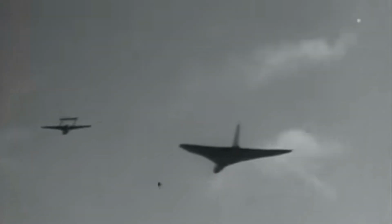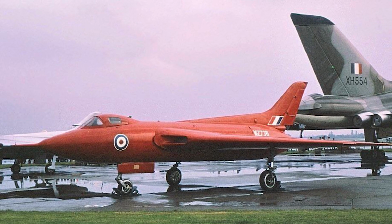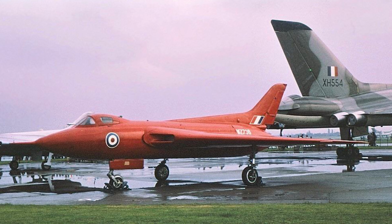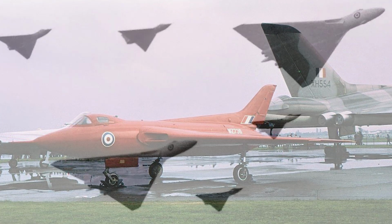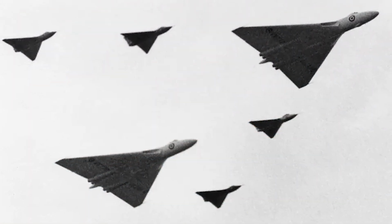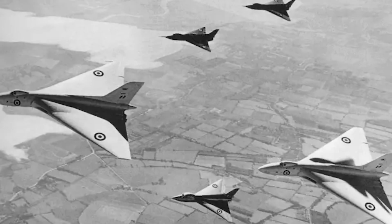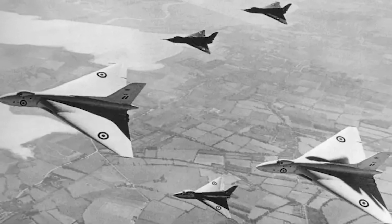requirements with precision. And because Avro had no flight experience with a delta-winged aircraft, prior to the first two full-scale prototypes, a 1/3 scale experimental aircraft, designated the 707, was built. The first of these smaller prototypes flew in September of 1949, but crashed a month later, killing the pilot. And 4 more would be built, however. They played a critical role in refining the delta wing design principles that would be used on the full-scale Avro